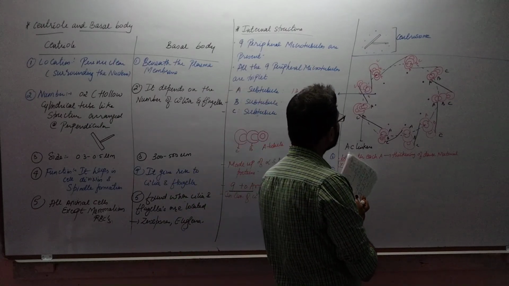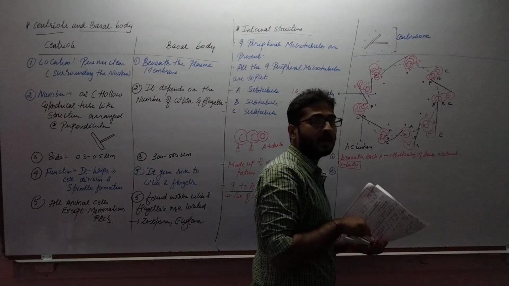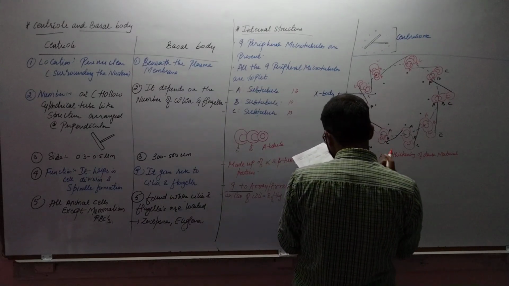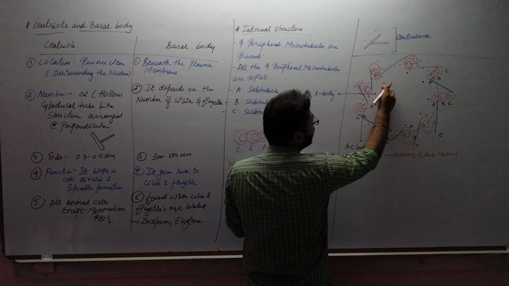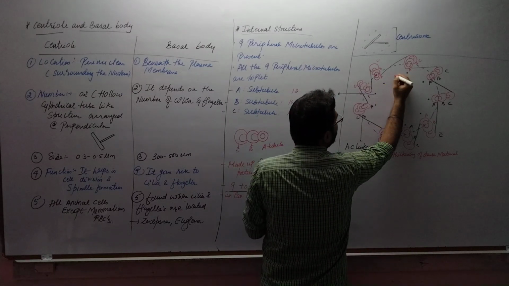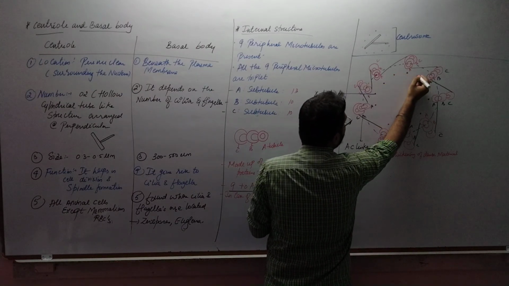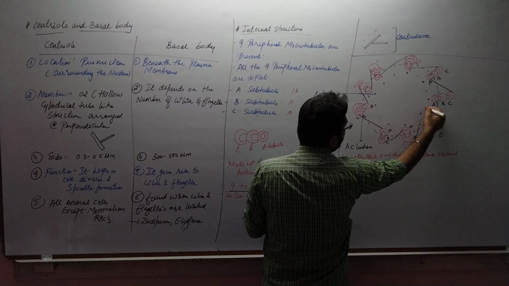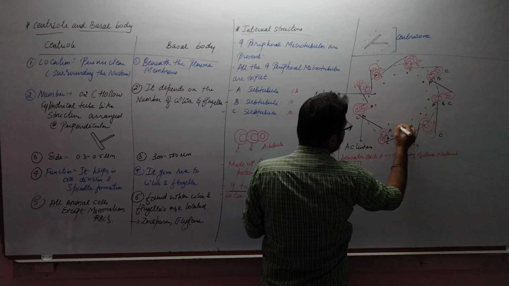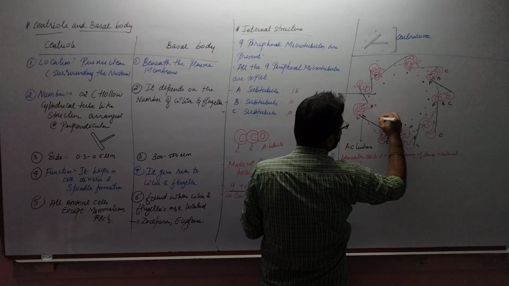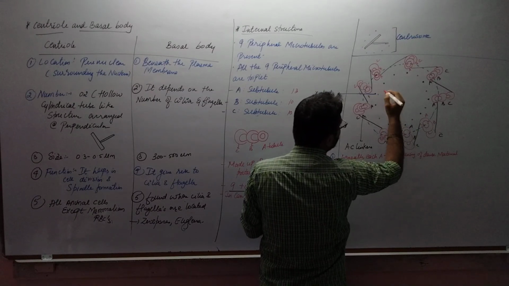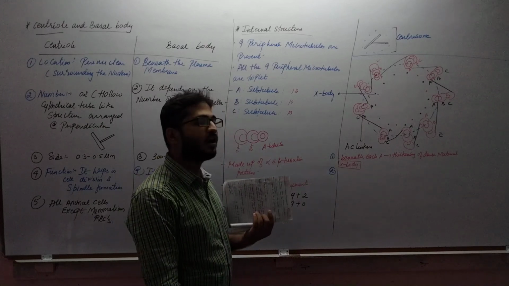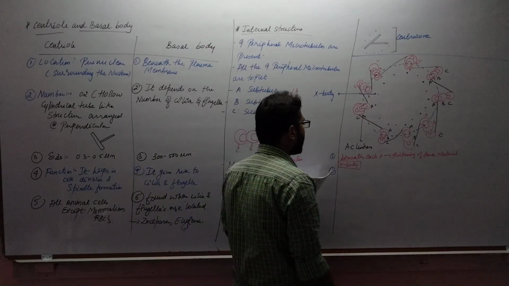So I am using the red marker in order to draw the Y bodies. Between X bodies there are Y bodies located. So these all are X bodies. So let us say this is Y. 1, 2, 3, 4, 5, 6, 7 and 8. Because it is between two A's, we will have a total of 8 Y bodies.